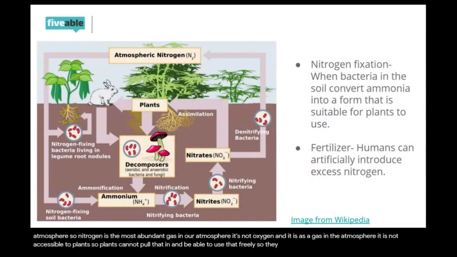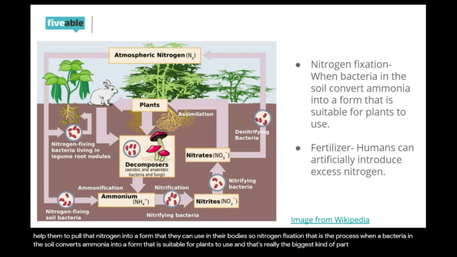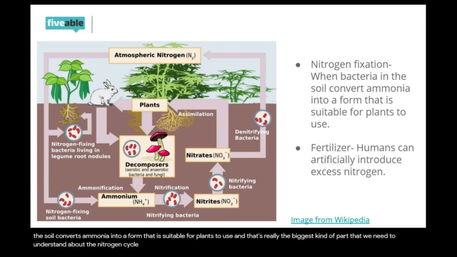So they have to go through this process, which requires a lot of different kinds of organisms in order to help them pull that nitrogen into a form that they can use in their bodies. So nitrogen fixation is the process when a bacteria in the soil converts ammonia into a form that is suitable for plants to use. And that's really the biggest part that we need to understand about the nitrogen cycle as far as